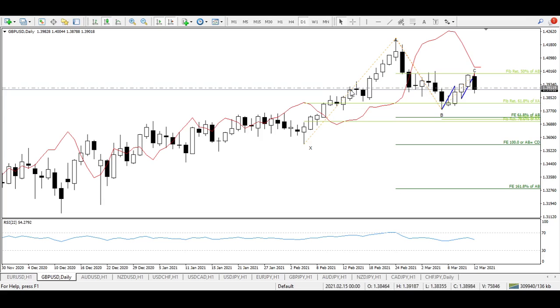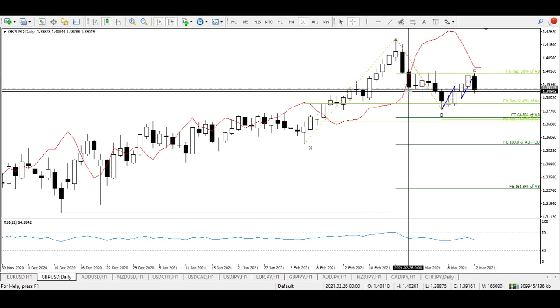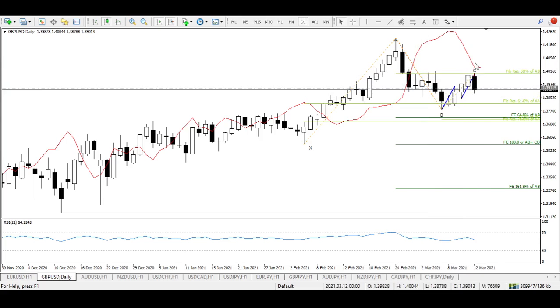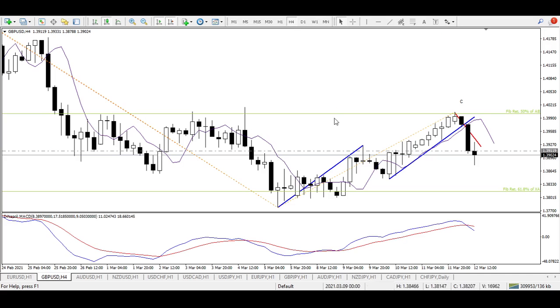You can see that the market has already been in the downtrend because it has been trading below this MACD predictor after closing of this candle on February 26, and it is still trading below this MACD predictor. MACD predictor is right here, and today's candle seems to be closing like a bearish engulfing candle, which also supports our bearish idea. I'll take you to the 4-hour time frame for further explanation.